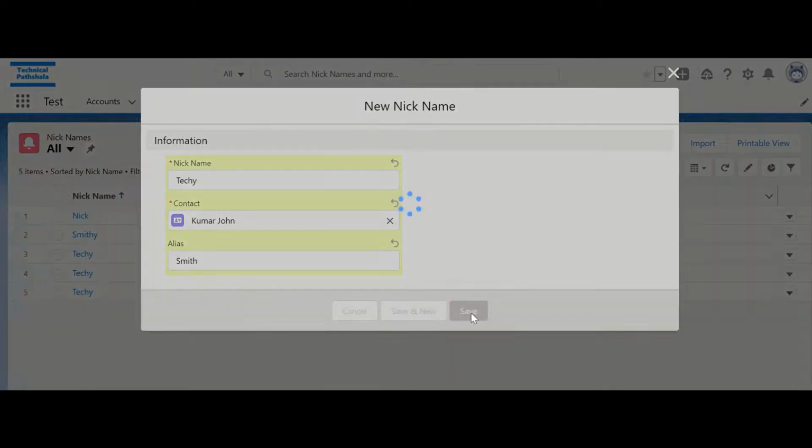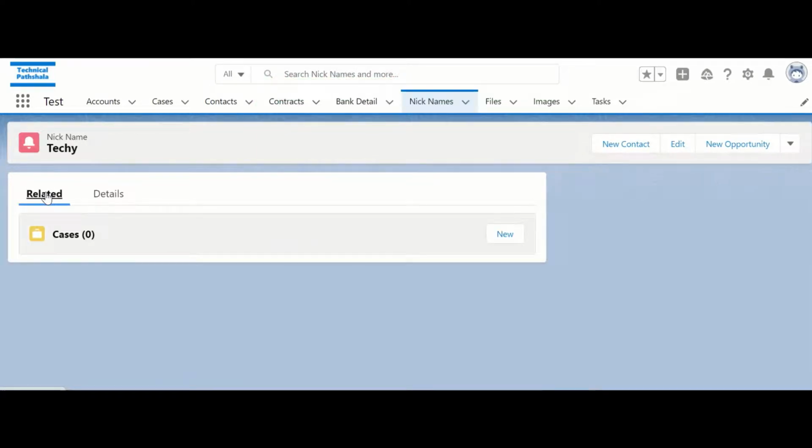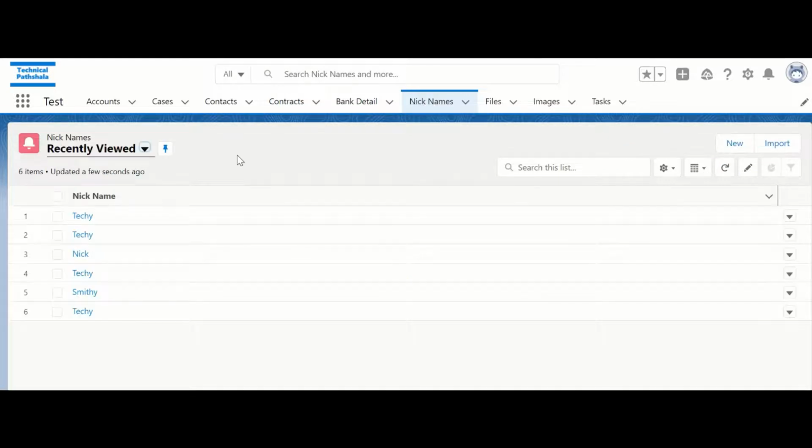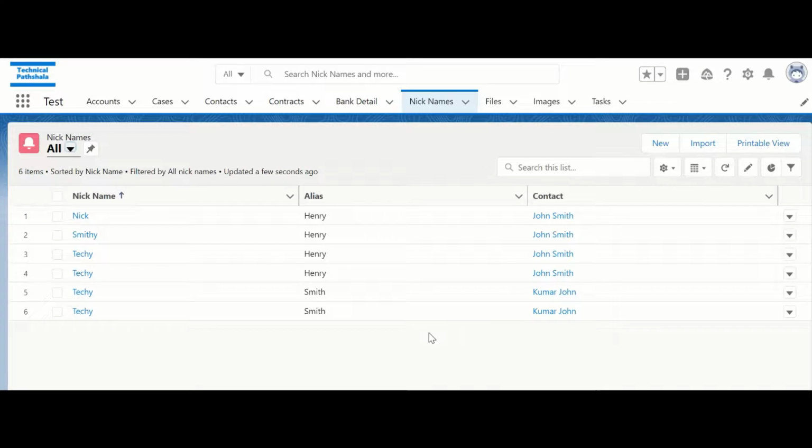Save this. Go to that view again. Now you can see that all nickname records of Kumar John also have been updated with alias as Smith.